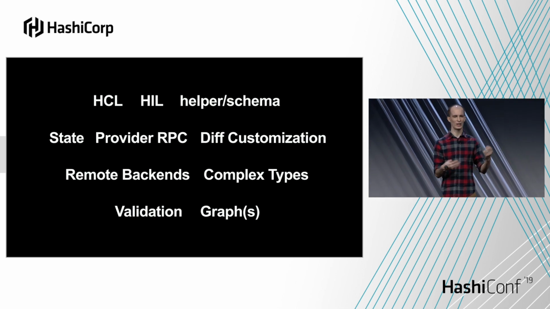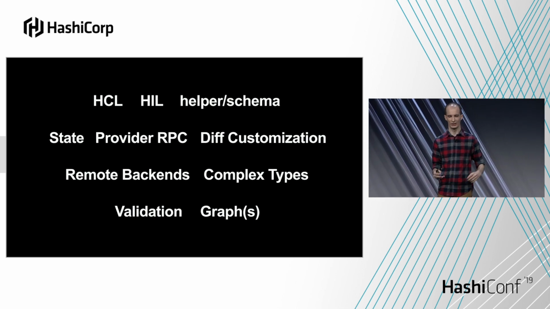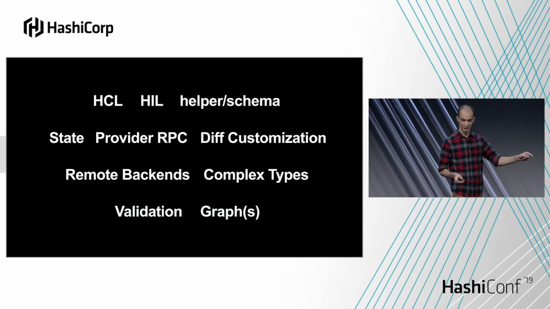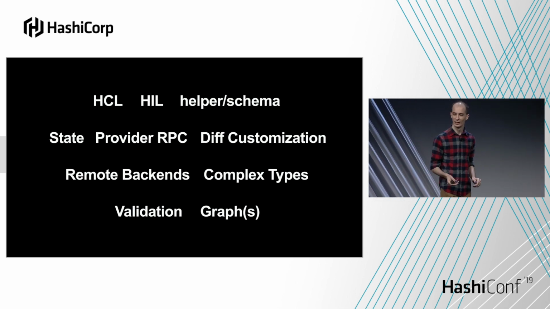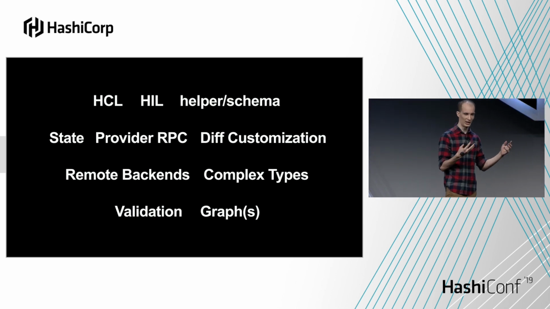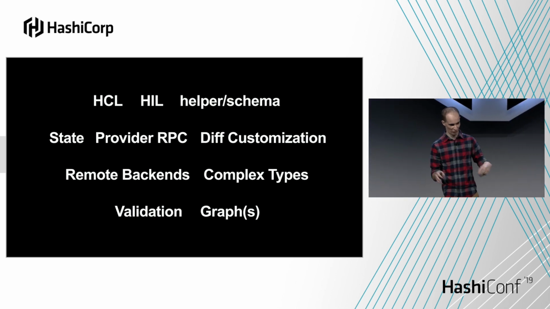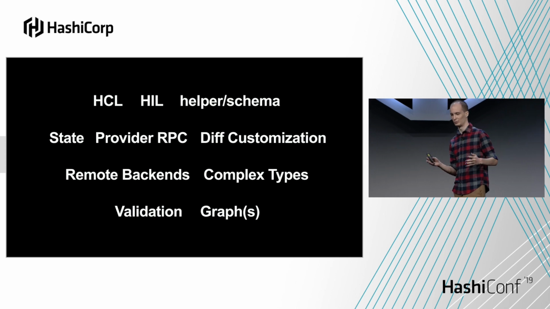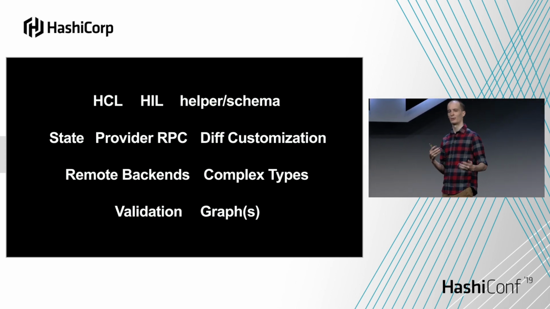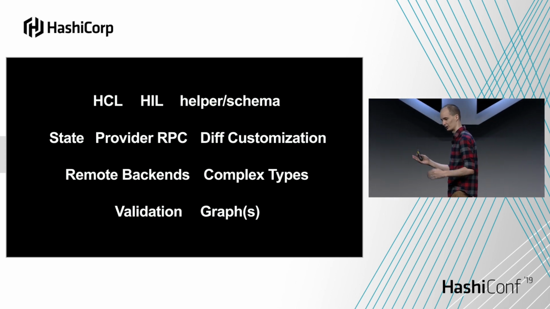And also everyone's like, oh yeah, this is a first class part of Terraform, but it's really not. If you ever notice that you've got to smuggle it inside the double quotes, that's because to HCL, that's actually just a string. And then Terraform parses it as a string. It's like, yes, I understand this is HIL, and then further parses it from there, which leads to some weird stuff. There's helper schema, which is how providers define their types, and so it has its own